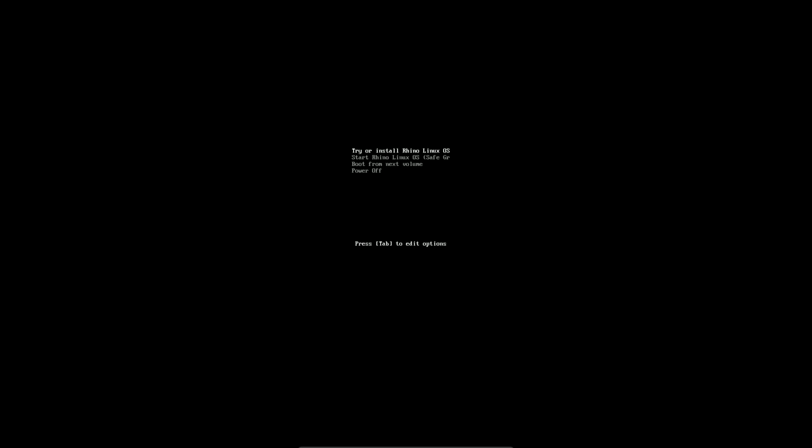So today we are looking at the Rhino Linux 2024.2 version. So here is the boot menu of the Rhino OS. So let me quickly boot it in the live boot. So Rhino Linux is an Ubuntu based distribution which offers the rolling releases upgrade approach, and the XFCE desktop environment